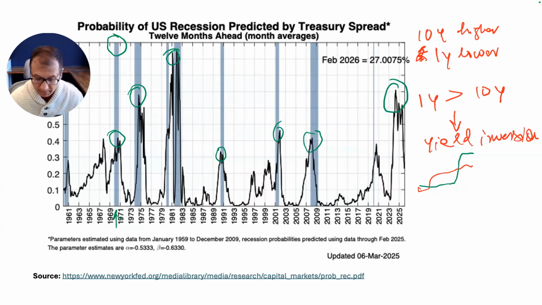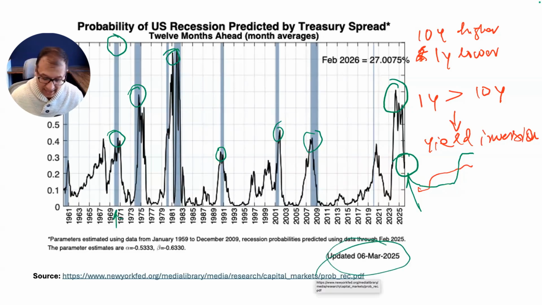Now, interestingly, this happened very recently as well. Just a couple of years ago, as the US was fighting increased inflation pressures, at that time the yield curve had also gotten inverted. Certainly a recession did not occur at that time. And right now, where does it sit? Right now, this figure sits at 27%, which represents that, as of the 6th of March, the probability of a recession occurring was 27%.